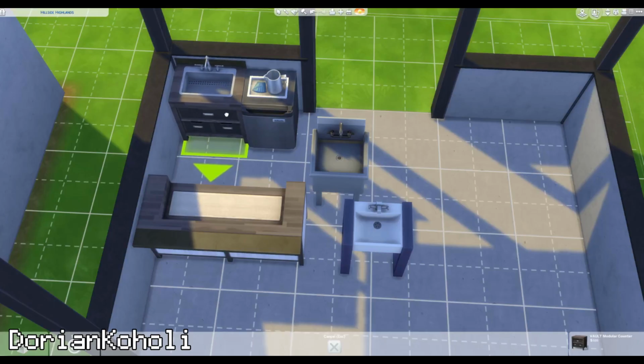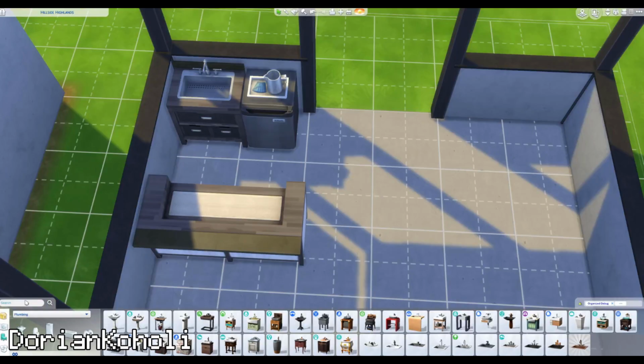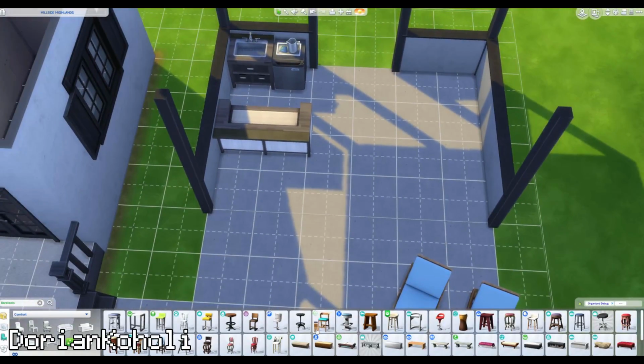I'm gonna do this instead. Instead of having the cabinet snap so it's up against the wall, I'm just gonna bring it in a little bit more. There we go. I think that solves my issues with it. Put some bar stools in, and